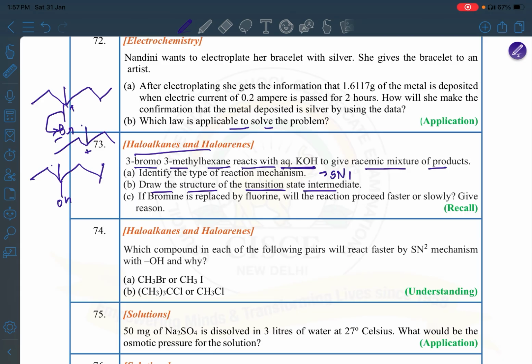This is the transition state. The reaction, if bromine is replaced by fluorine, will the reaction proceed faster or slower? Okay, so if bromine is replaced with fluorine, the reaction proceeds slowly. Why? Because the leaving group ability of Br minus is much more than F minus. And F minus has a high bond dissociation energy. So these two factors